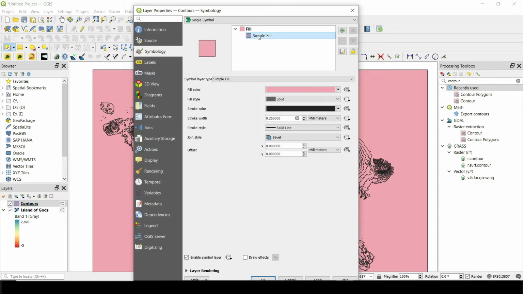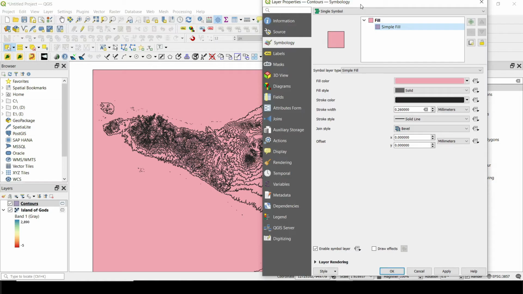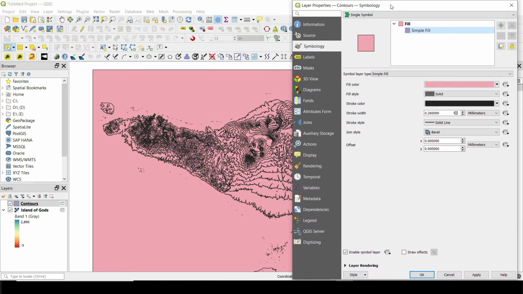If you click on that simple fill, there's this amazing option that not a lot of people are using, which is Draw Effects. If you've been using Photoshop, for example, you will know these kinds of effects because you can apply them to different layers in Photoshop, but not a lot of people know that you can use this layer styling or feature styling inside QGIS. So let's click on Draw Effects and activate that, and then click on this option here to customize